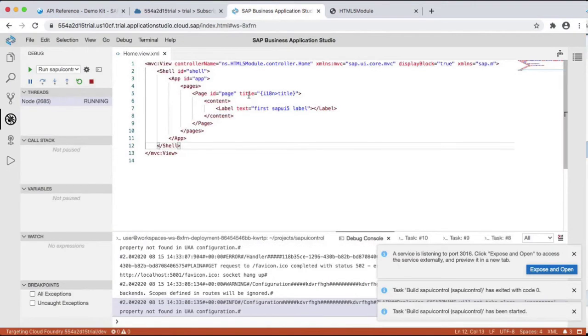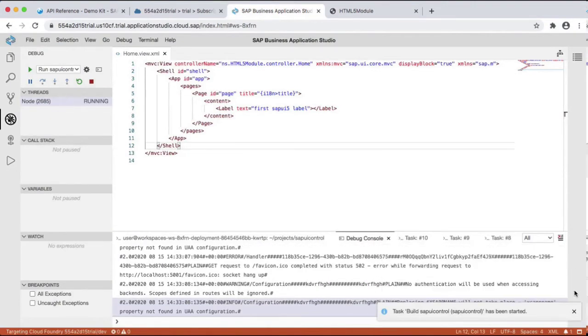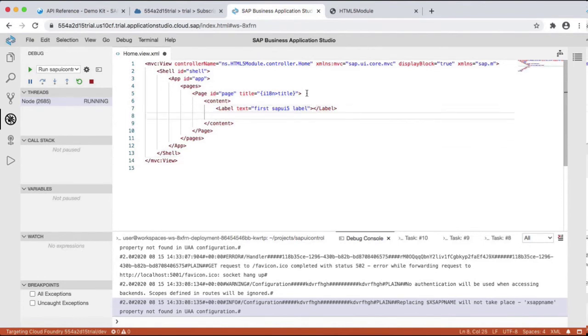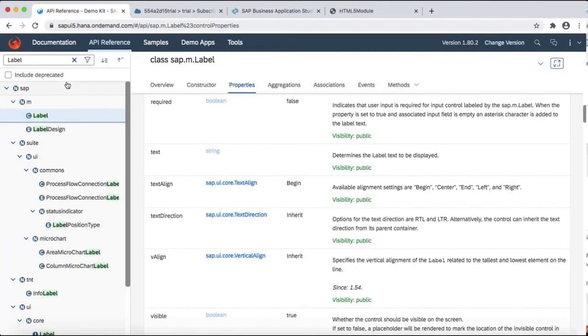So the application opens in a new tab and you can see the label that you have created with the text first SAP UI5 label. Now we will go to our project and add a button. To add a button, first we will go to API reference and search for button.